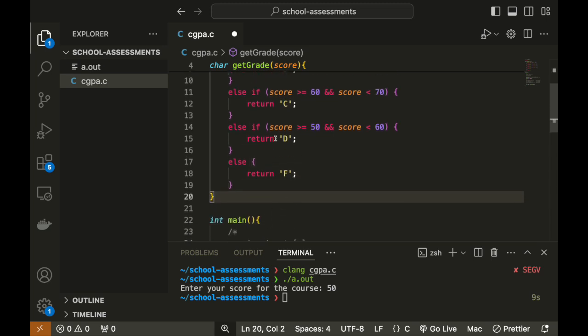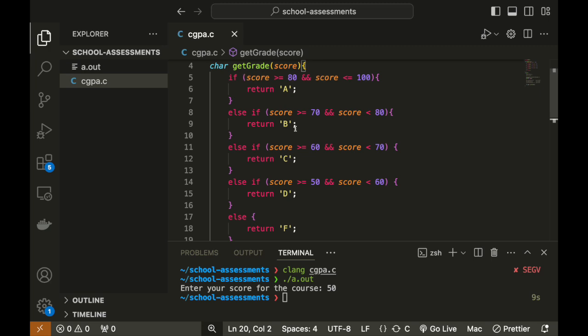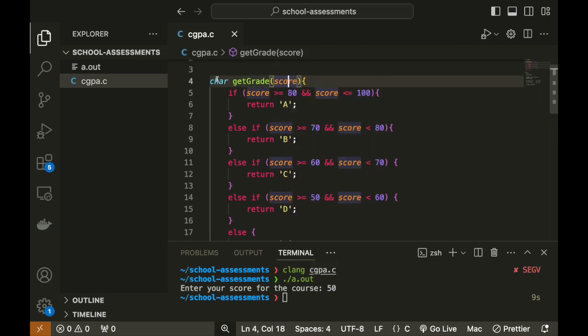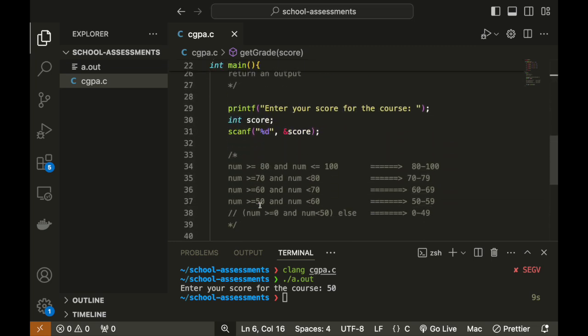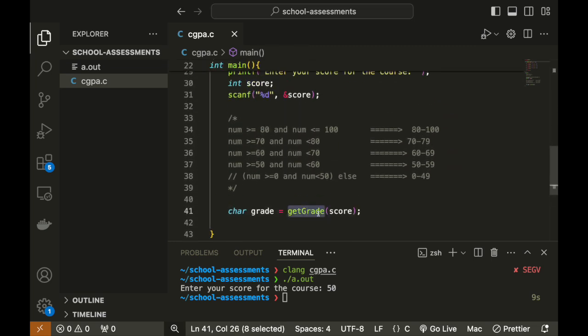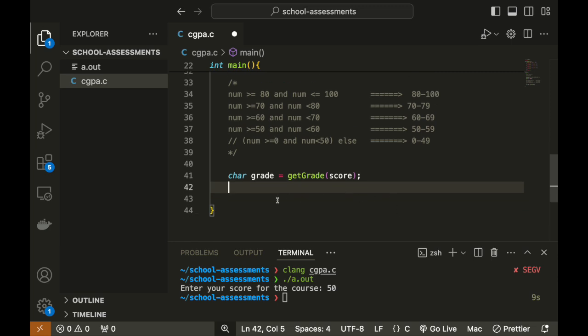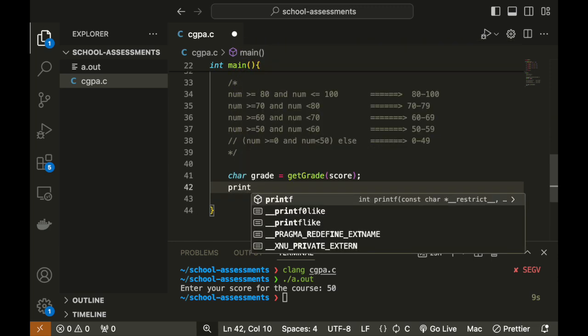Now let's run this. So this is a function, getGrade, that takes a score and returns a character. We are calling it here, and we are returning the response of this function, which is a character, as the grade variable. So the next thing we're supposed to do is to print out this actual grade to the user, so the user can see it. So we're going to say printf,